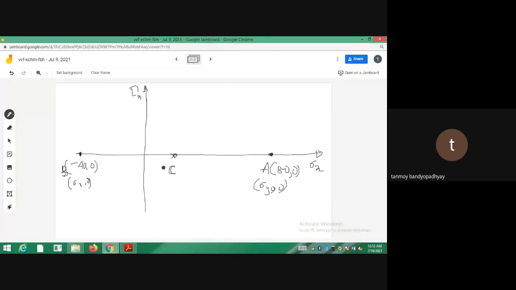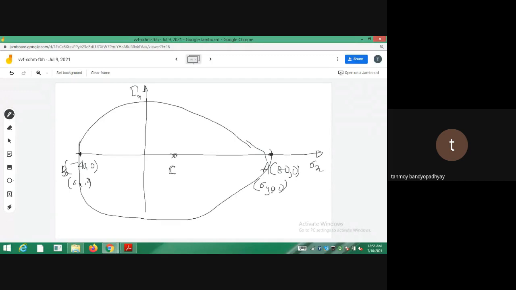You will be getting some point C with this as center and this as radius, you complete the circle. You can draw it on a graph paper. Very sorry for drawing like this, because the page is rectangular, so you will be getting a circle like this.